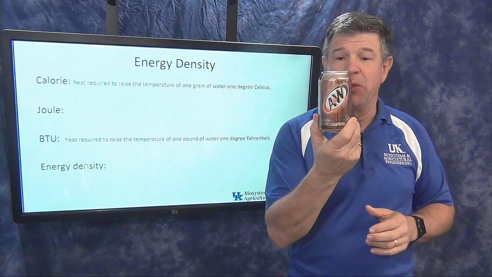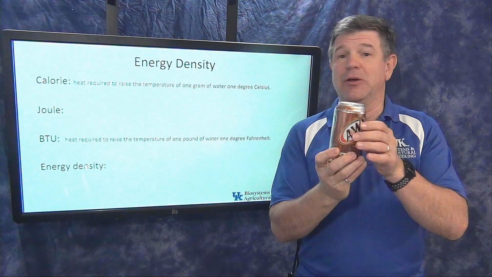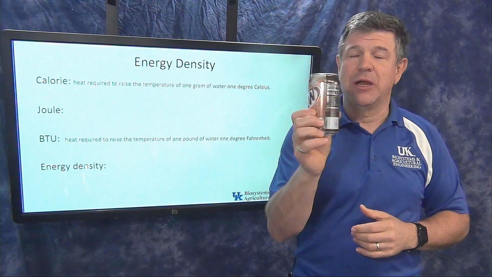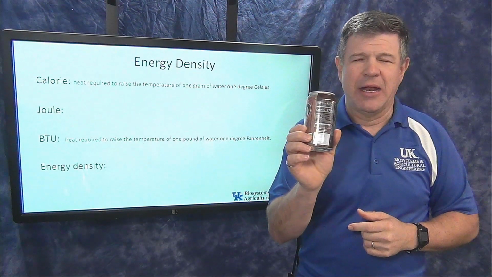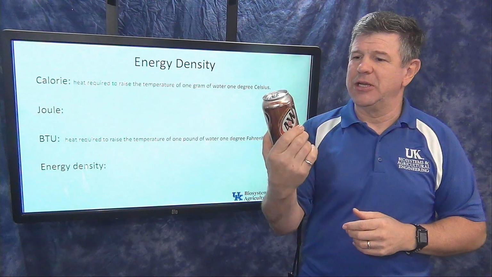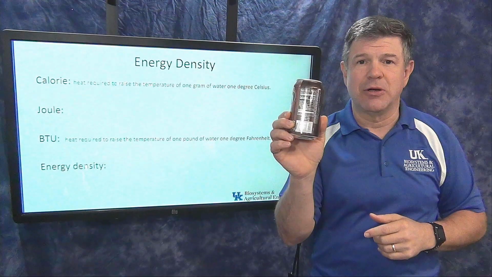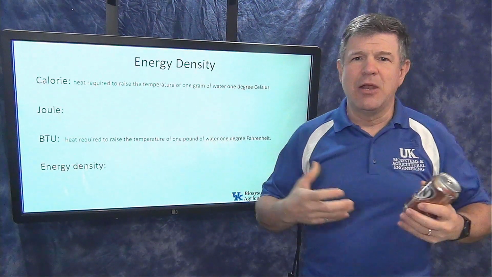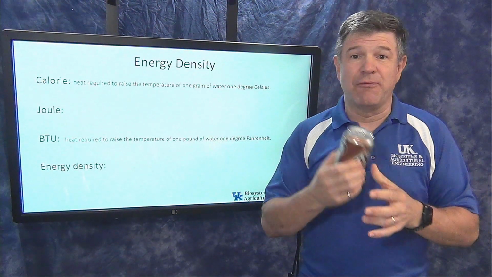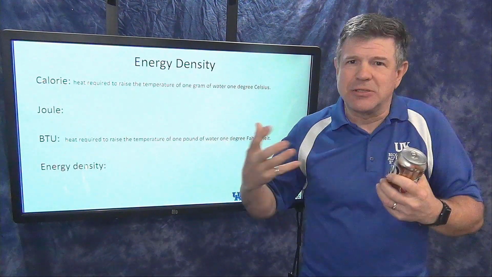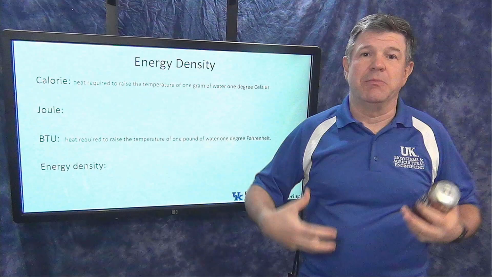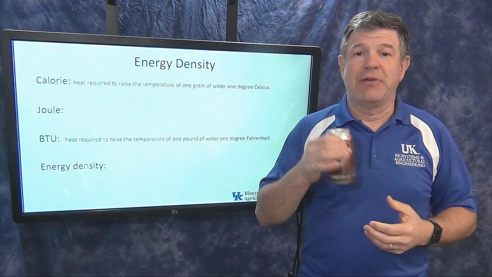So when you pick up your favorite soda or whatever kind of food that you're eating, we have an idea that there's some calories associated with that. So that calories is the amount of energy in that. So this particular can has 170 calories. So I know that my body, this is the fuel that we're putting in my body. I need so many calories to do stuff. So to lift things, to move, to do all that kind of stuff,